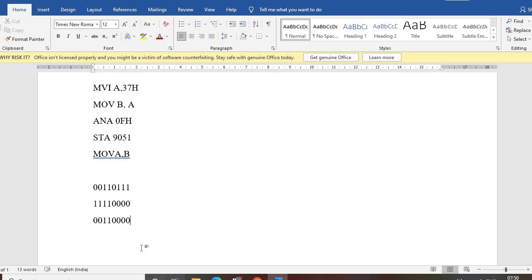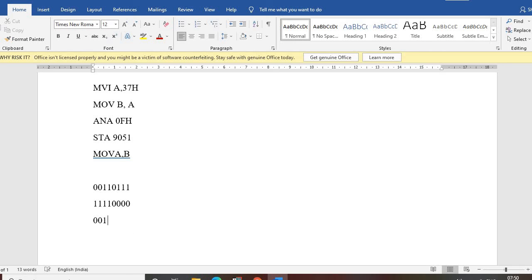So with which value do we have to mask? With the value F0, not 0F. But after masking with F0, the value is not 03, it is 30. So whenever we get this 30, we have to rotate it in the right or left direction 4 times, so that it will become 03 in place of 30.